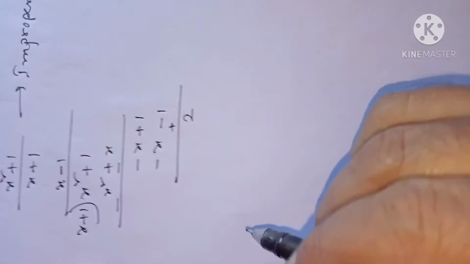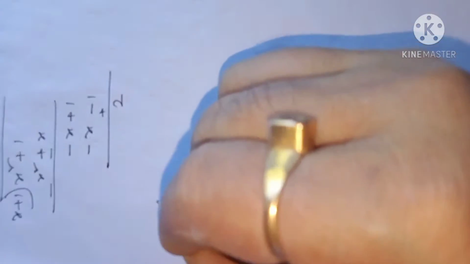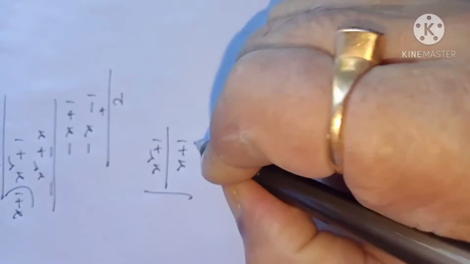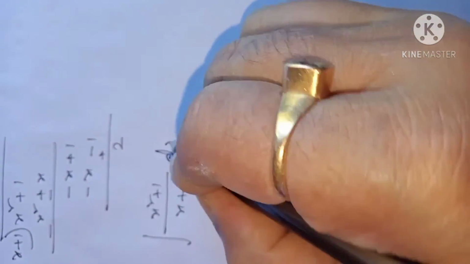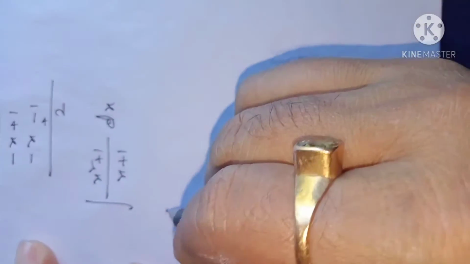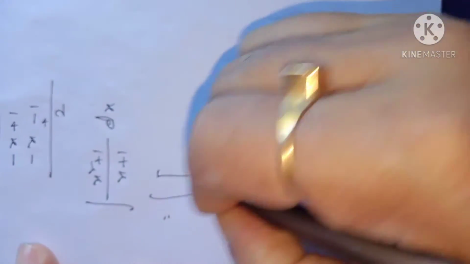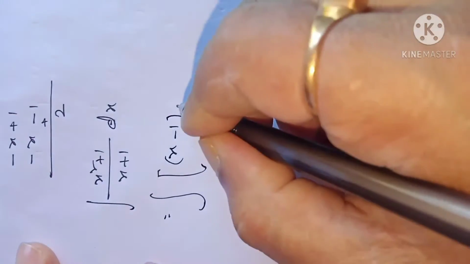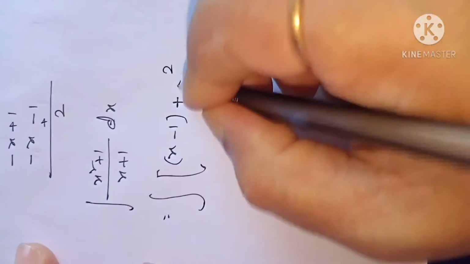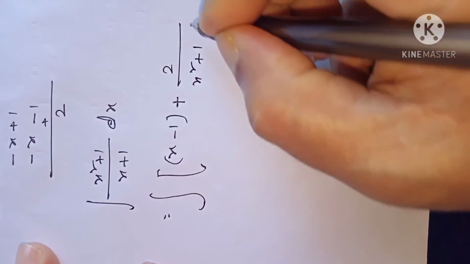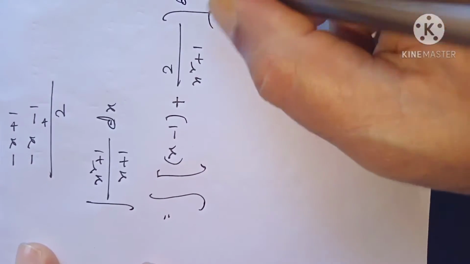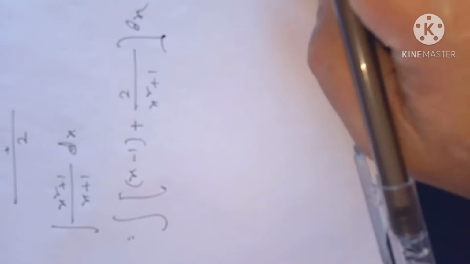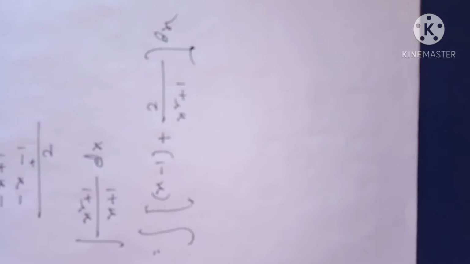So then the given fraction we can write this way. Suppose the integration of (x square plus 1) by (x plus 1) is there. We can write it as the integration of x minus 1 plus 2 by (x plus 1), dx. After that we can proceed for integration like before, using the previous methods that we have learned so far. Got the idea, dear students?